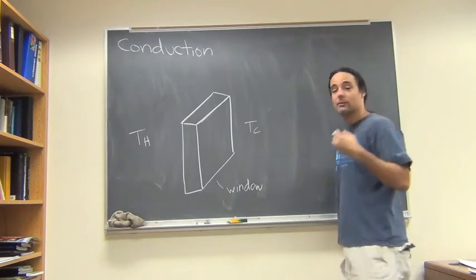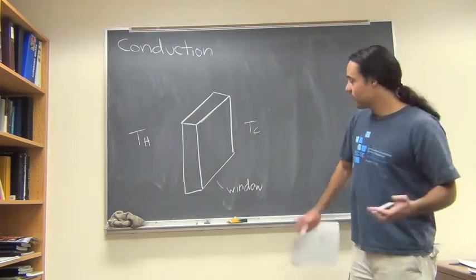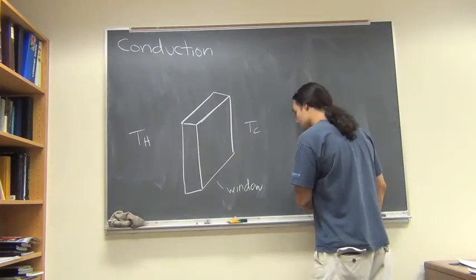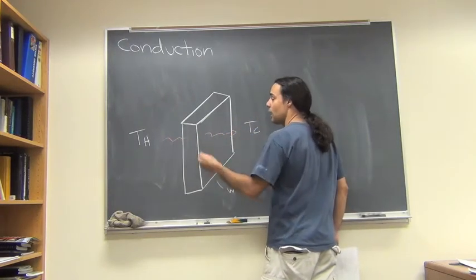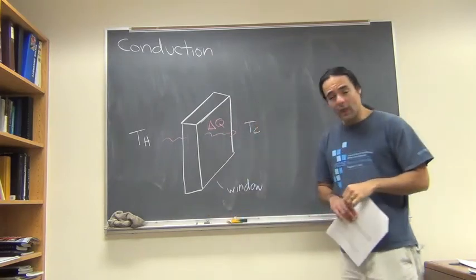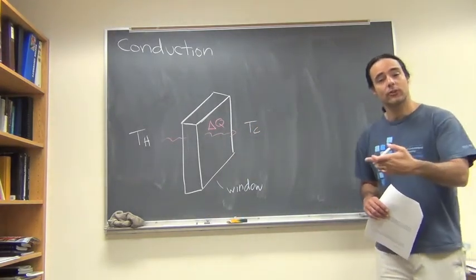Outside, there's going to be some cold temperature. It could be some negative Celsius temperature. And we know heat is going to be flowing through my glass. And we want to know how much heat is going to be flowing through that glass, because heat is